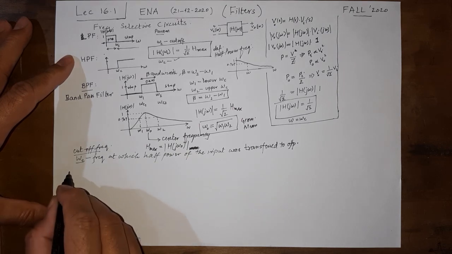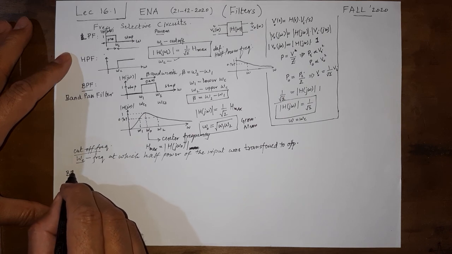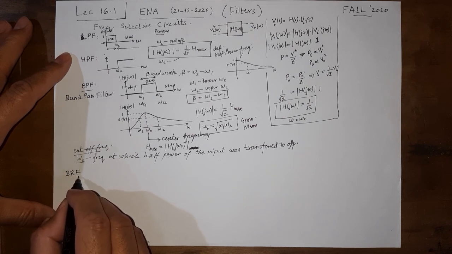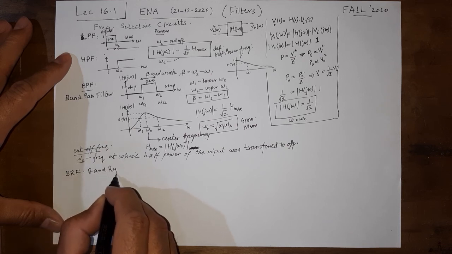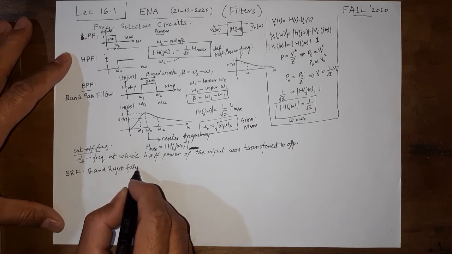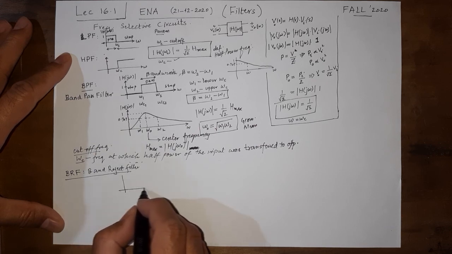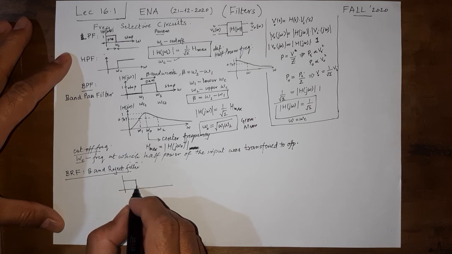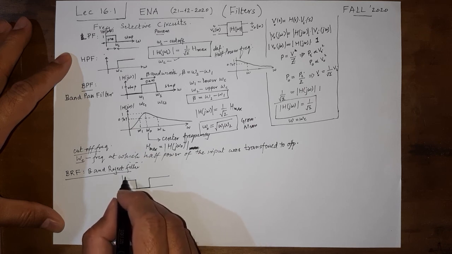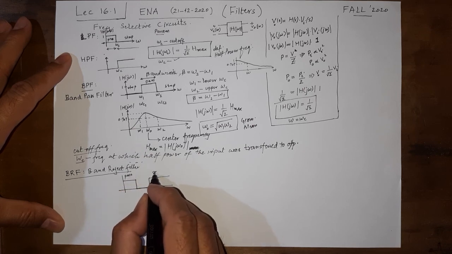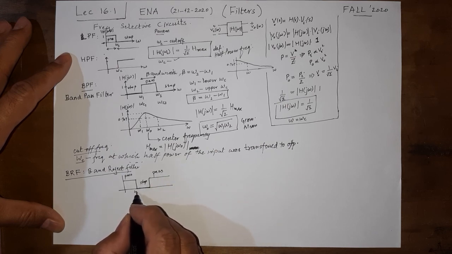And then we are going to look at another filter that, for the sake of completion, let me list down here, and that is known as a band reject filter. A band reject filter, as you can very easily guess now by the name, is just the opposite of a band pass filter. It has a band that does not pass. This passes, so this is a lower pass band, this is a higher pass band, and this is the stop band. All the definitions of the parameters still remain the same.